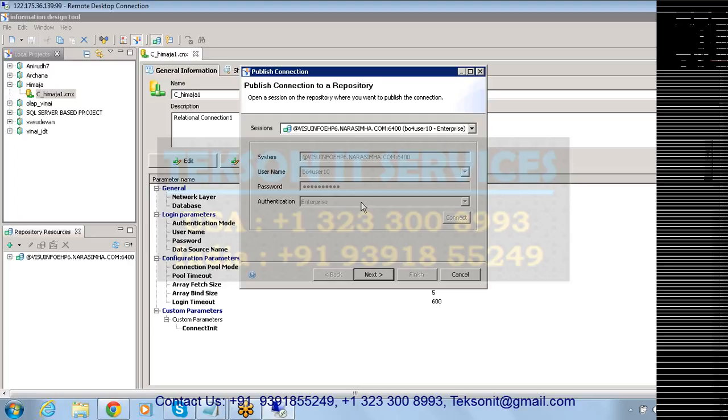See, till now the connection is in my local system. Got my point? Till now I have made a connection in my local system. So I want to export it to the repository. For that I have to publish a connection to the repository, which means I have to save the connection to my server system. So for that, I would select publish connection to a repository. Once I click on next,